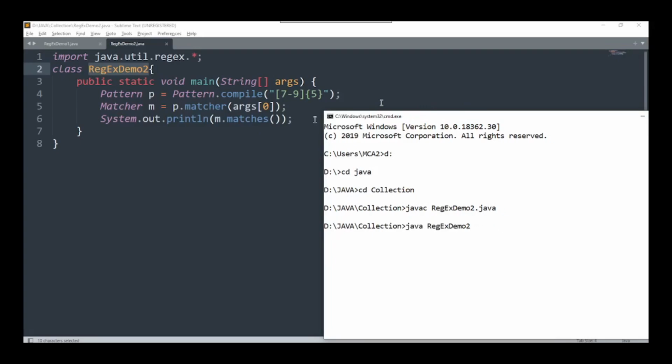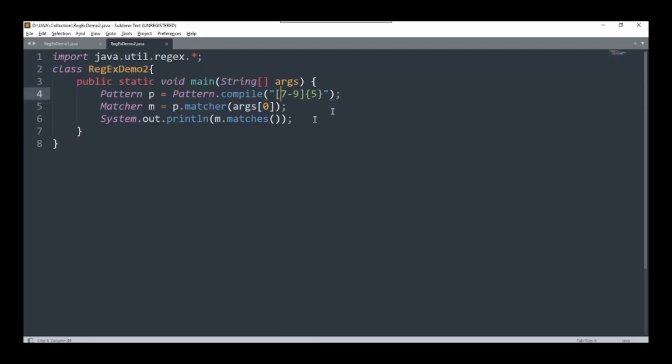For example, I need to pass the parameter from the CMD. I am passing the parameter 789. It will return false. Why? Because we have given that you should enter exactly 5 characters. So this 7-9 means the total number of characters should be between 7 to 9, and exactly 5 characters will give the true answer. So this is what we have done with the Pattern and Matcher class,